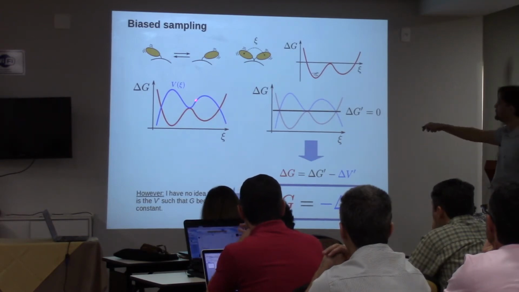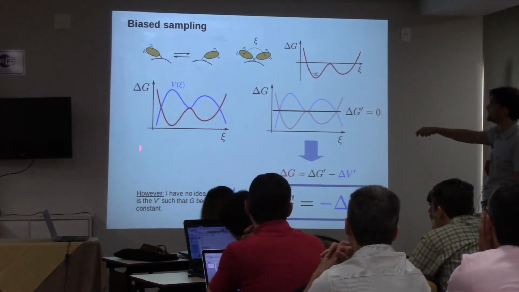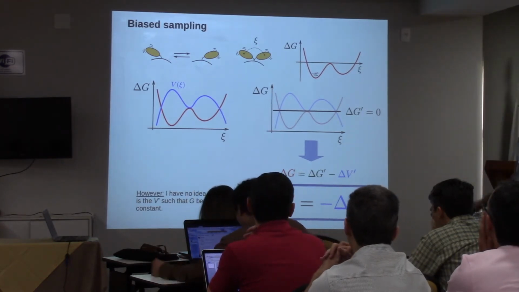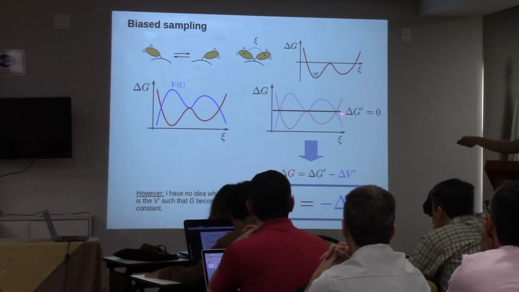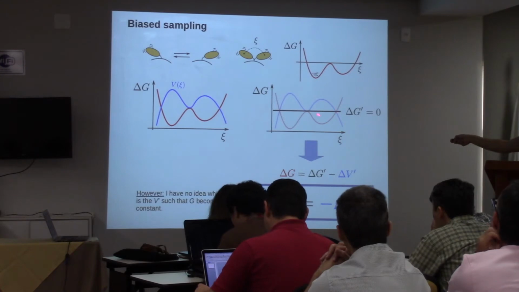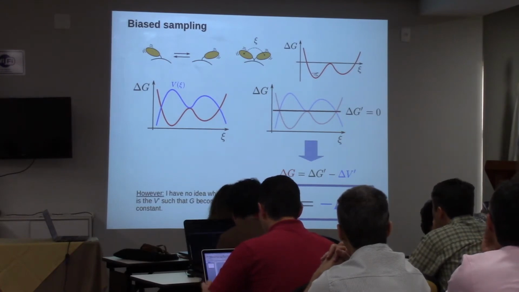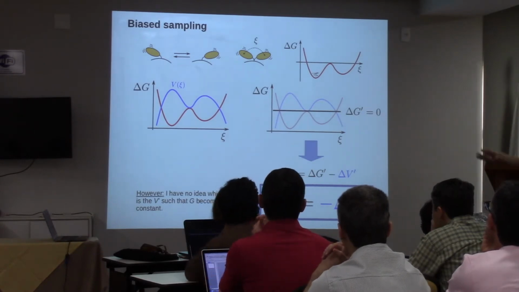Let's suppose that we know this free energy profile, and we add a potential energy to the system which is exactly the opposite of the free energy profile. In that case, the perturbed potential will be totally flat. And if the perturbed potential is totally flat, the free energy difference between every conformation is 0, because there is no free energy difference between any of the